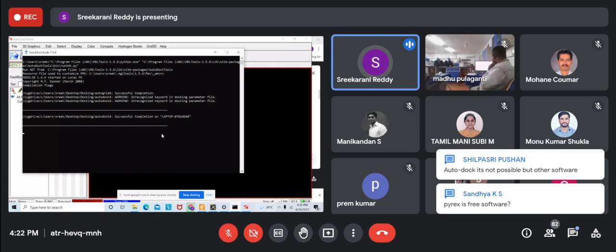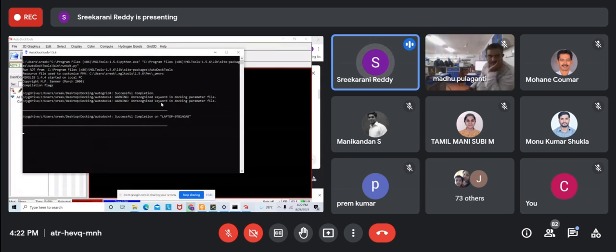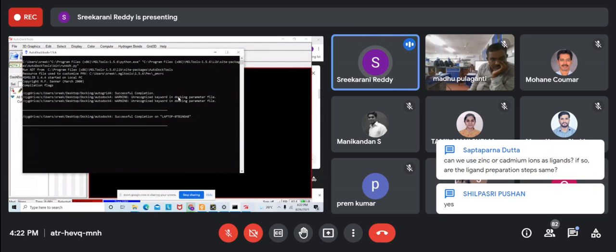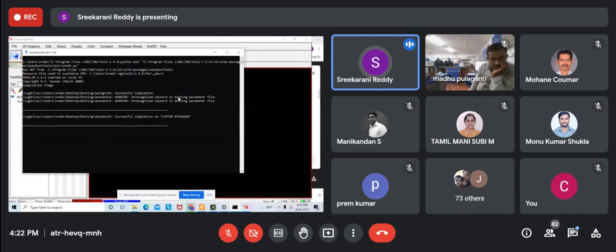See, here in AutoDock 4, we have successful completion. You may ask why a warning has come in the docking parameter file. If you have any problem in the protein, like one residue missing or anything, you may get it. Or due to the file, like if you save the file with spaces, you will also get it. In my case, I didn't do any spacing. The problem is that after crystallization, only some of the residues are fixed, but not all of them. So you need to fix the whole protein and then proceed for docking.